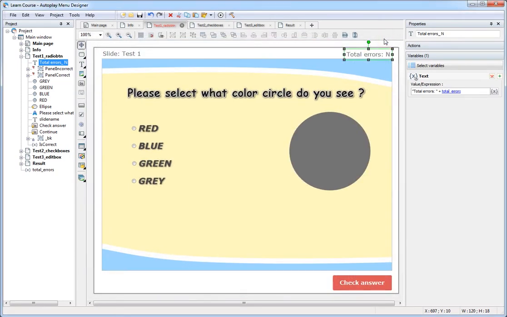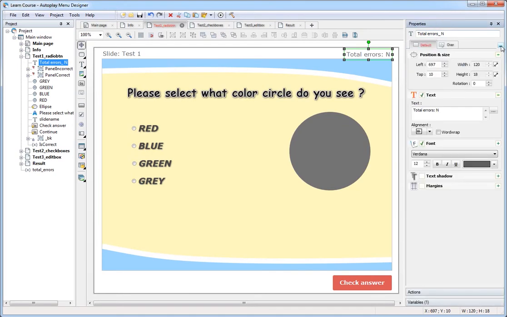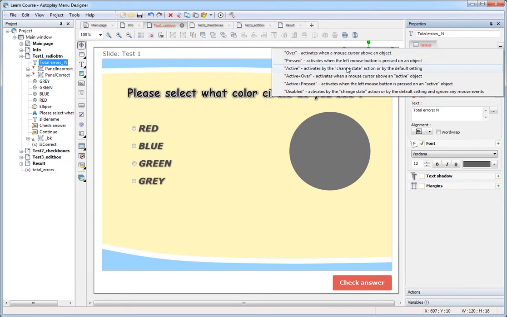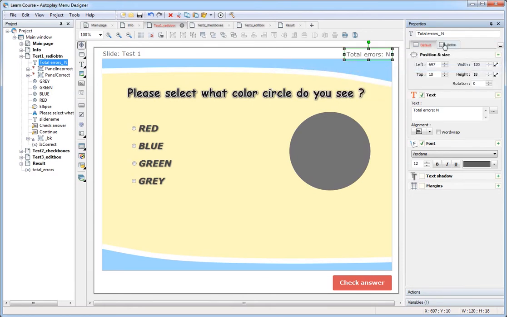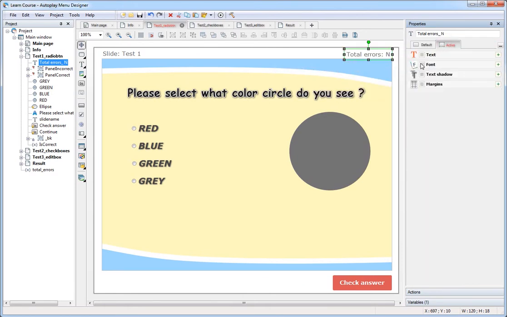But what if we want to display in red the number of errors if there are more than 0? Let's use variables again. Add an additional active state to our text using the Properties section and set the active state to red.